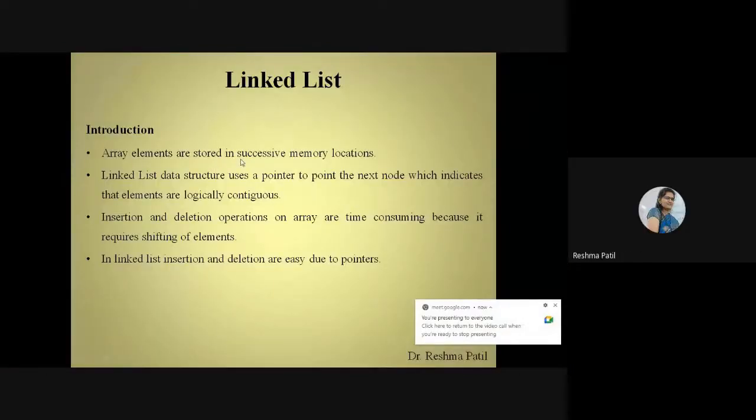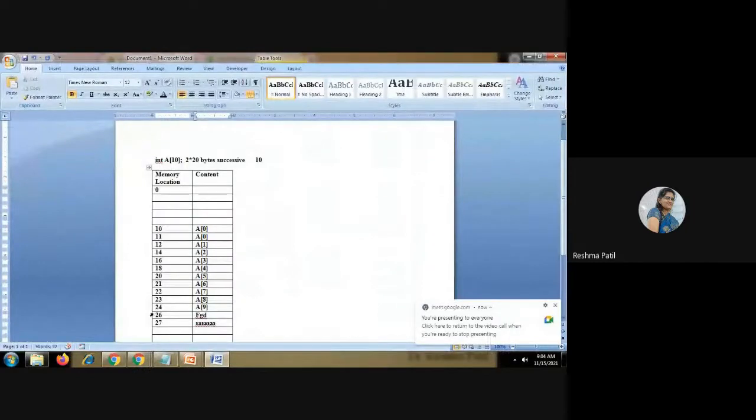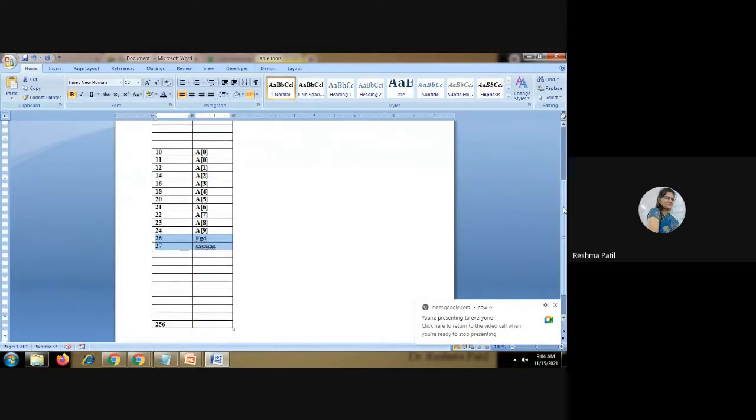So that is written here. Array elements are stored in successive memory location. So if somebody else is coming here after this 24, we cannot increase the space of the array here. This is the drawback. If you want to increase the space, that is also possible, but it will take extra time. We have to shift this array to somewhere else because somebody is using this space. So I cannot take the next space here immediately. So I will check other areas of this memory where I can fit all the elements.